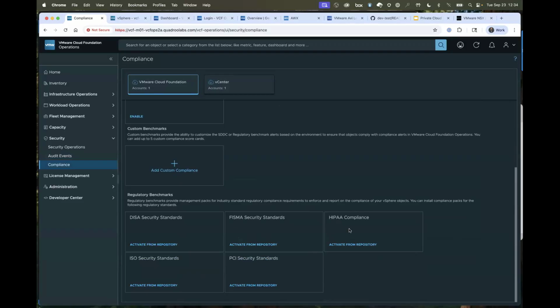So if you have a particular compliance level that you need to hit, whether that be PCI, HIPAA, DISA, whatever that is, we can enable these compliance packs. It's not going to make any changes to our environment. However, it is going to identify areas where things are potentially an issue related to these compliance scenarios, so that we can go in and correct those issues. That is out of the box and something that's included here in Ops as well.